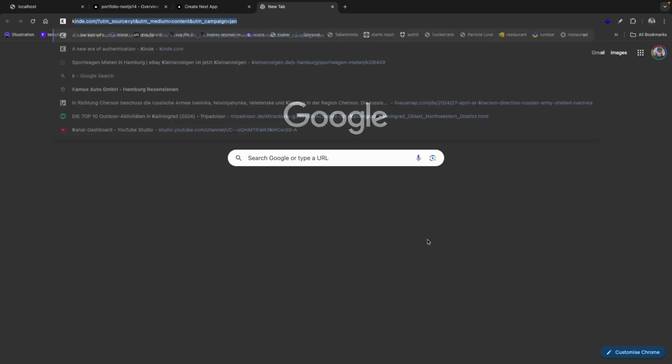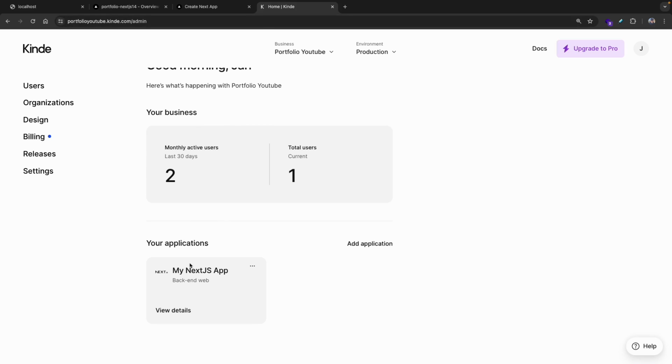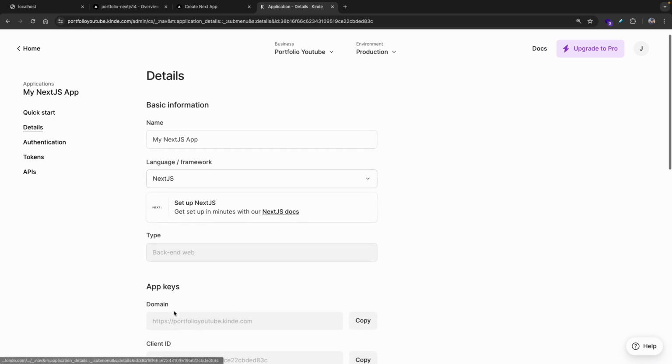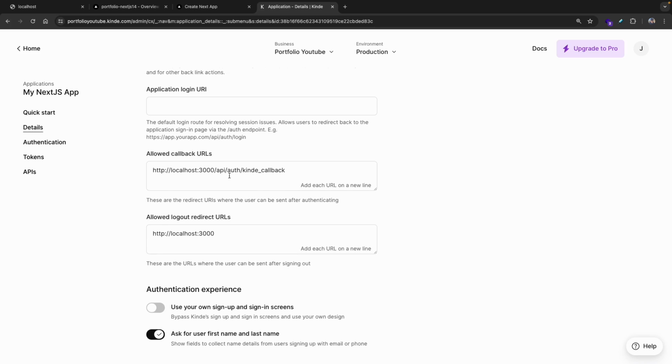So let's head over to Kinde. Alright, so I'm now in the Kinde dashboard, and what we have to do right here is for my applications, let's click on view details, and then inside of here where we have our allowed callback URLs, we have to add a new URL. So let me again copy the URL of my deployed version. Let me paste it right here. Let me leave the old localhost 3000 URL right there. I'll add a new one right here, and then this will be the URL of the deployed version, and then